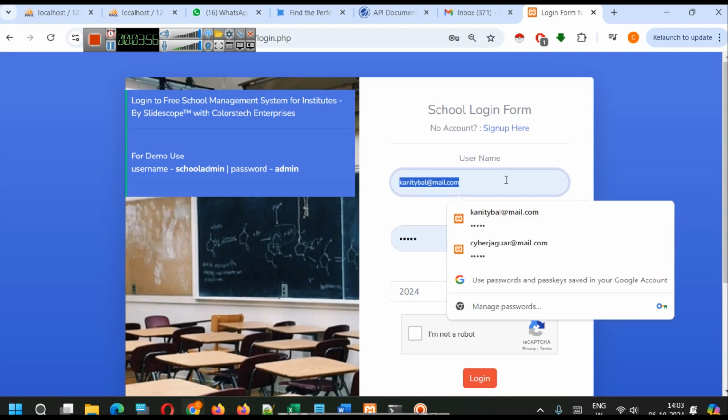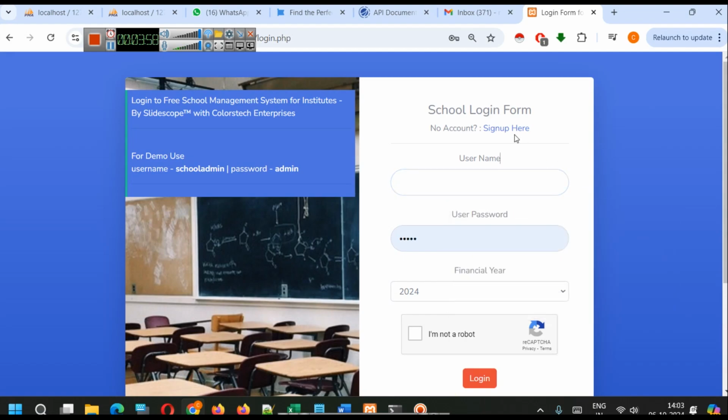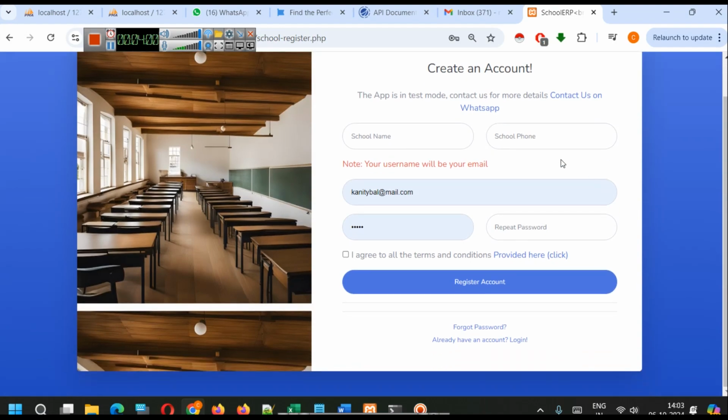So what we are going to do is log out, and create a new school account here so that we start from scratch. Let's say we are starting a new school account, and we are calling it Slidescope Bal School or Bal Vidyalaya. So this is the name of a school. Some phone,